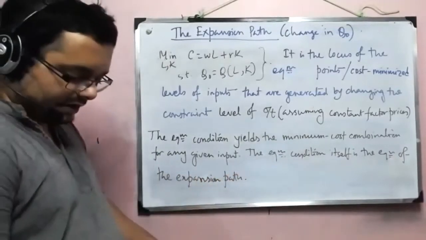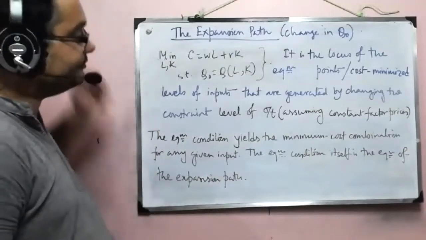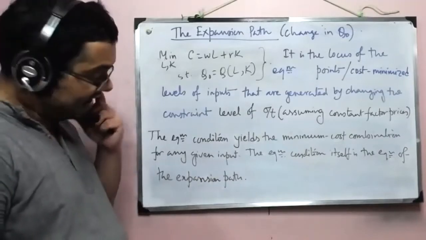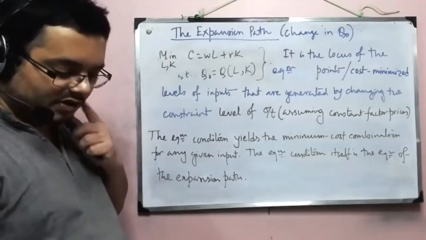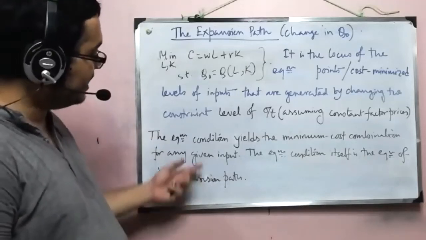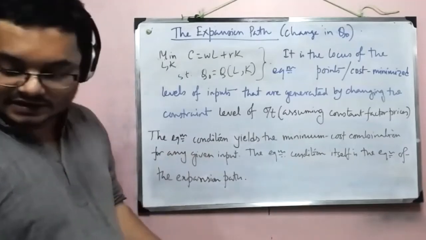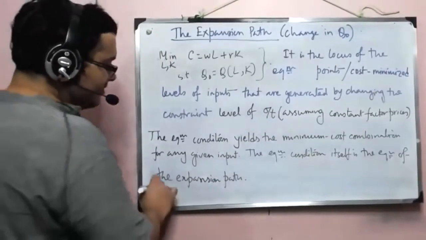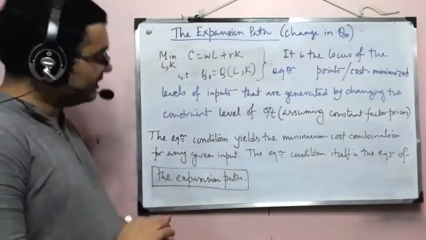Now, in the last problem, we took basically a kind of Cobb-Douglas where the power was numeric 1, and that actually simplified our problem. But for this, we are going to take a Cobb-Douglas which is general in structure, and then we'll minimize and get to the equilibrium condition which will give us basically the expansion path. But as I said, our interest is not really in the equation of the expansion path. Our interest lies somewhere else. So let's do that.